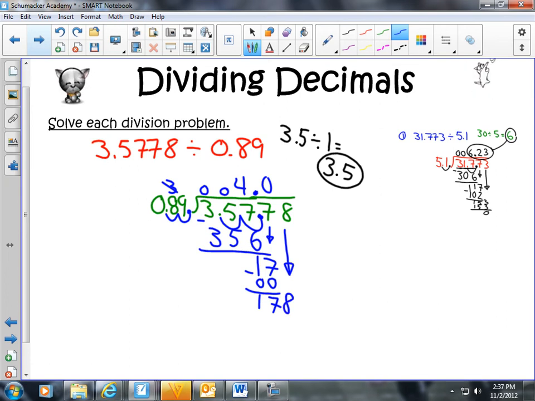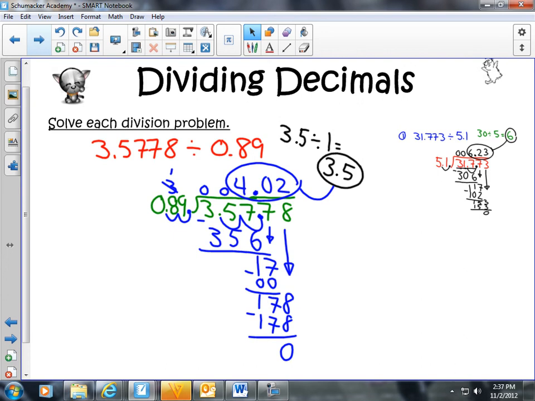And it looks like it's about twice as big, so let's go ahead and try it out. 2. So 2 times 9 is 18. Carry my 1. 2 times 8 is 16, plus 1 is 17. I subtract, I get a 0. My answer is 4.02. In the grand scheme of things, is 4 and 2 hundredths, I don't know if I said 4.02,